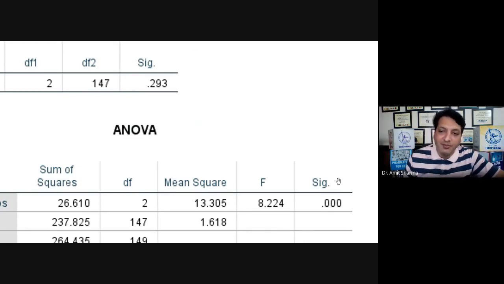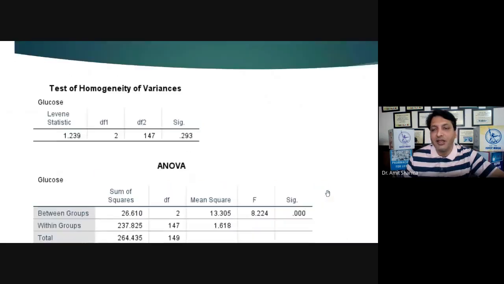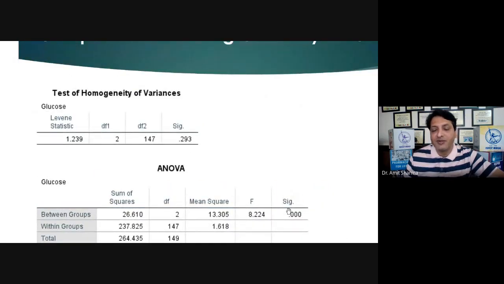So what does this p value represent? This p value represents that our test was found significant, and we have rejected the null hypothesis. The null hypothesis was saying that all the three groups are similar, clear.